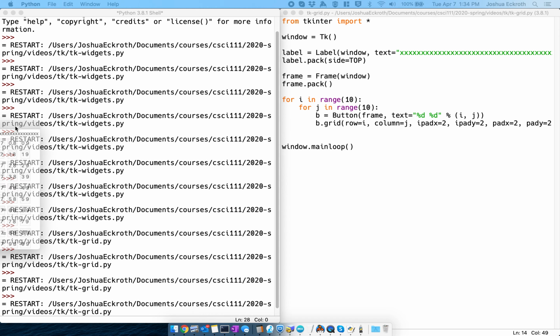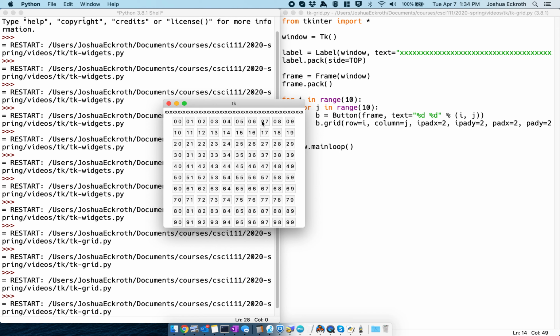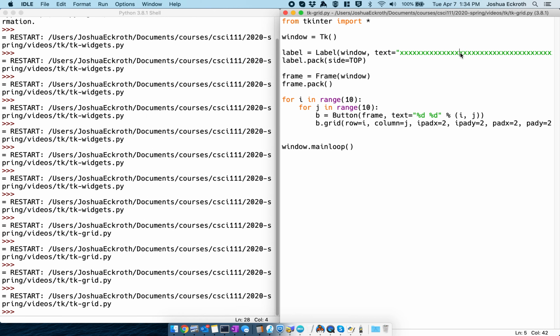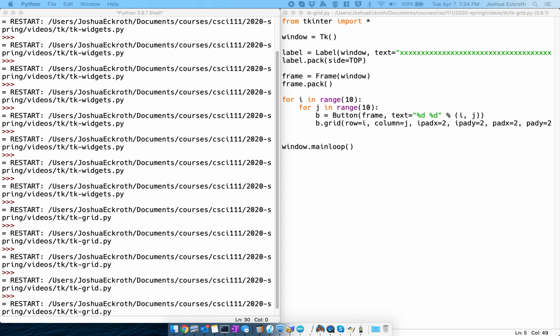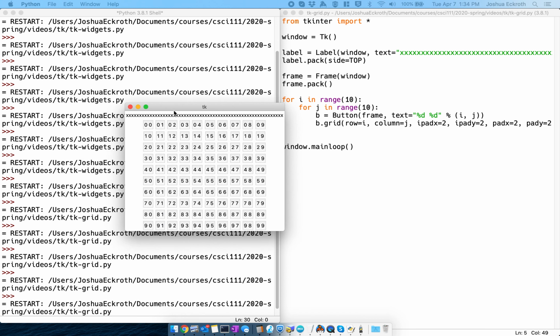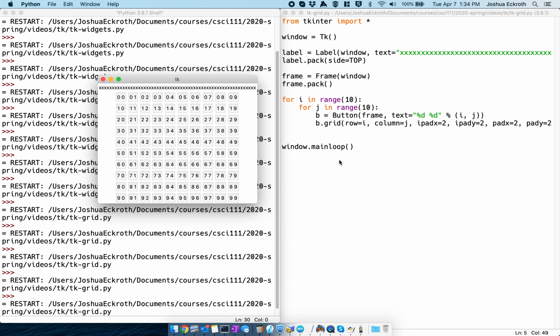Okay, that worked. So here we go. There's a little extra space inside the button. Now the second thing you can do is you can force these things to grow to the space so there's no gaps on the left and right. So if I put even more X's, you'll see there's even more gap since the label's so wide. And you might not want something like that. So to make that kind of space go away,